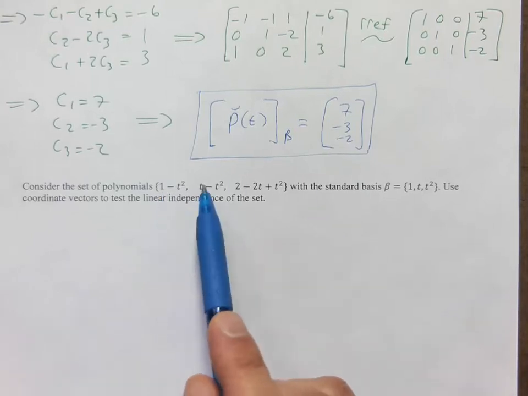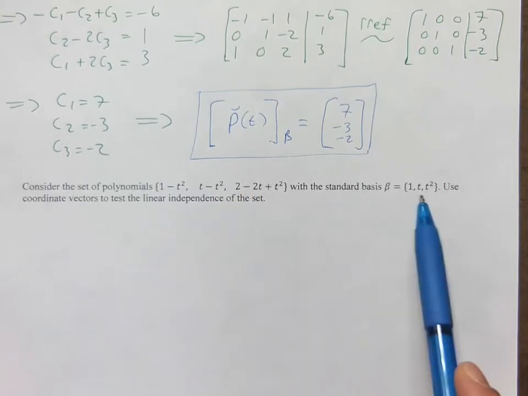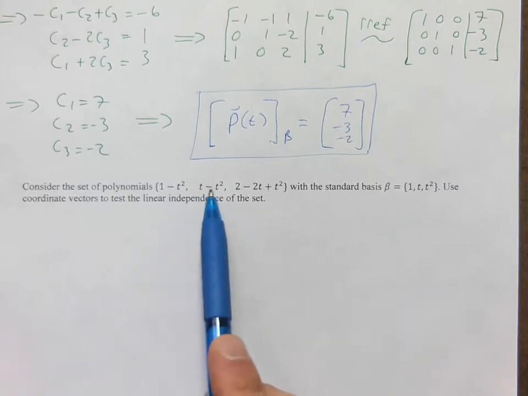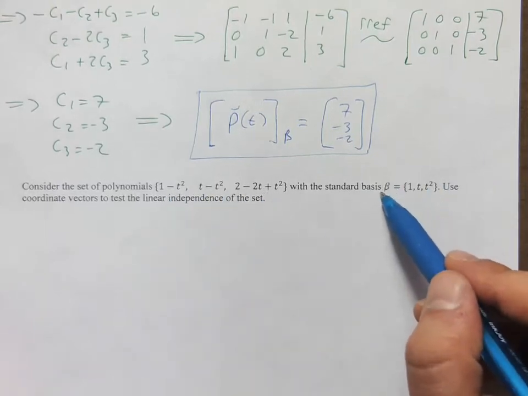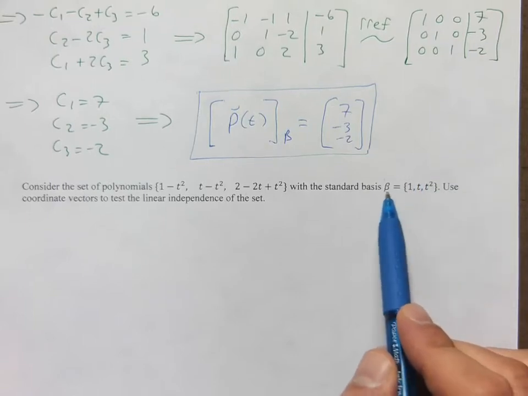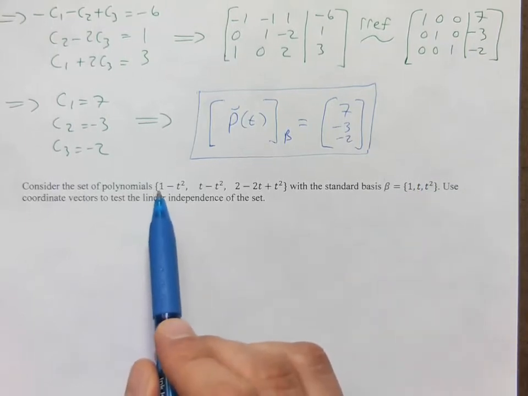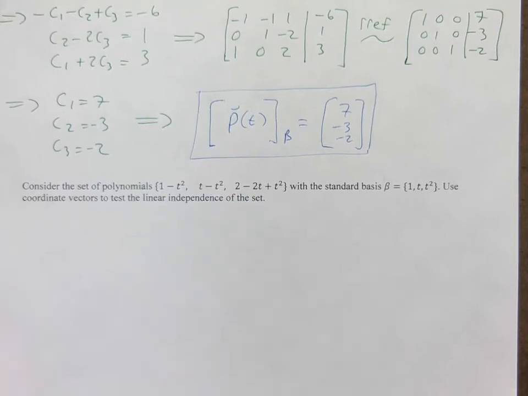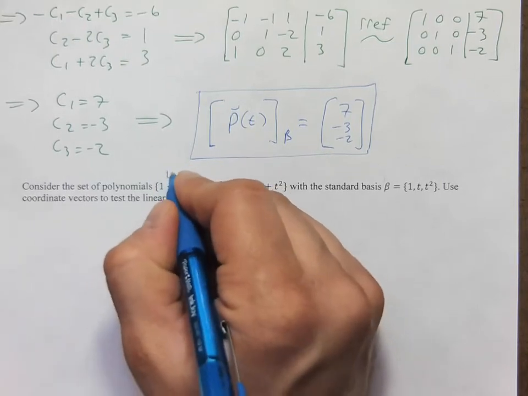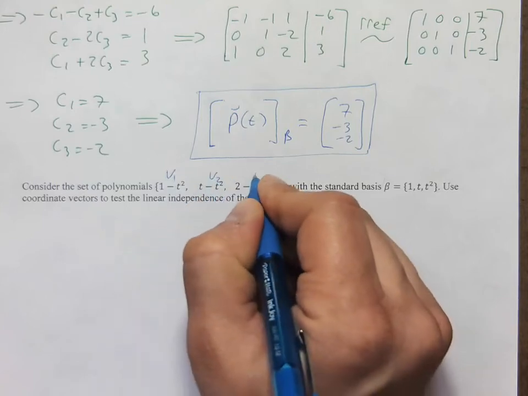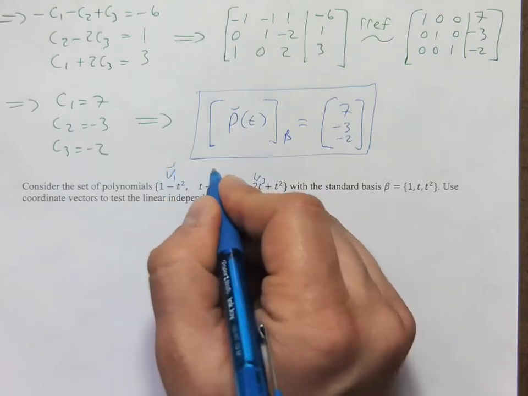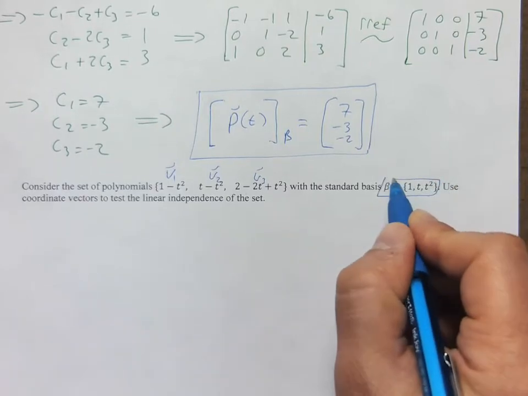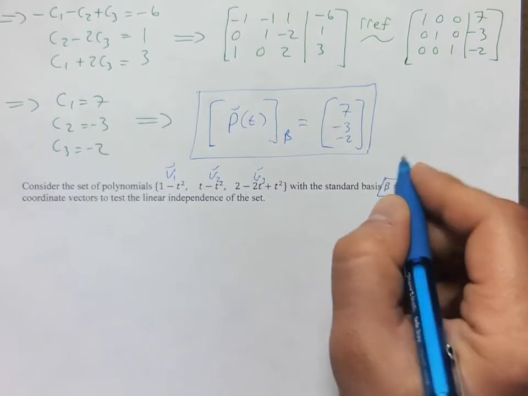And this set of polynomials is not a basis anymore. Let's consider the standard basis for these polynomials. We're considering this to be the basis. And let's use this basis to find the coordinate vectors for these polynomials, right? So this is like a v1, a v2, a v3. These are 3 vectors in our vector space. And this is our new basis. And this is what we call the standard basis